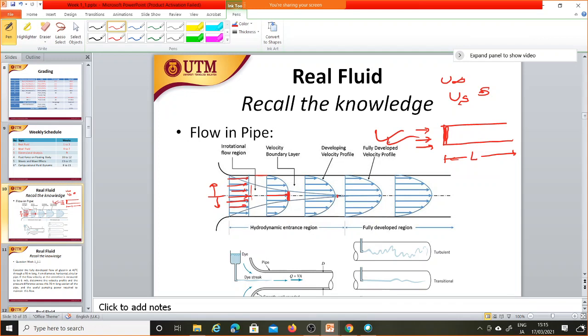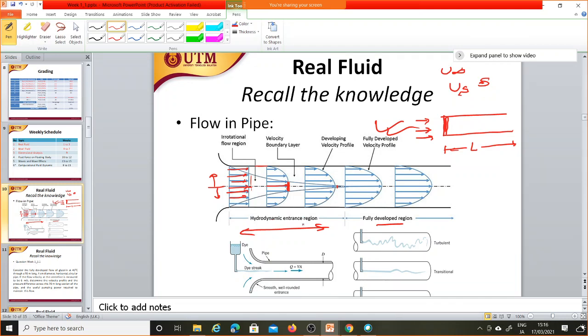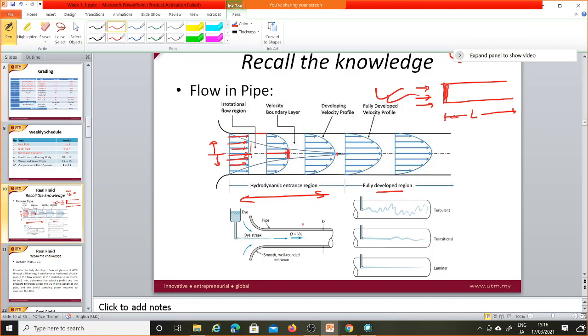That is the thing. Okay, so this one we call the hydrodynamic entrance zone. It means that the flow is still in the transient or transition stage before getting the developed form. So this is the fully developed part. We have the changing part, so we call this the hydrodynamic entrance zone. Okay, so this is the basic thing, and then you already have the knowledge of laminar flow, and then transition